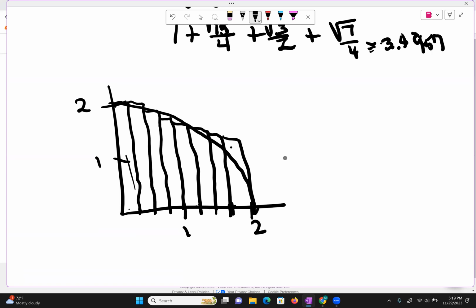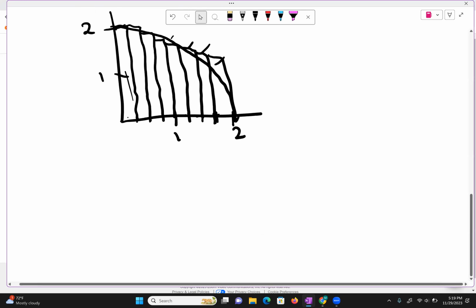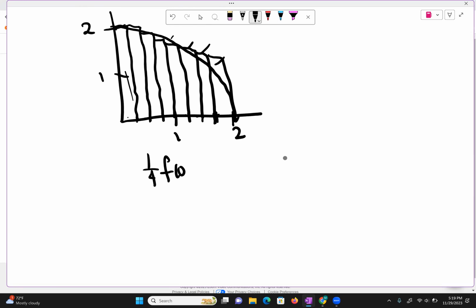So as you can see, obviously we're missing these parts, right? So there are some parts that are not included. So this is the second example. This would be 1/4 of f of 0 plus 1/4 of f of 1/4 plus 1/4 of f of 1/2